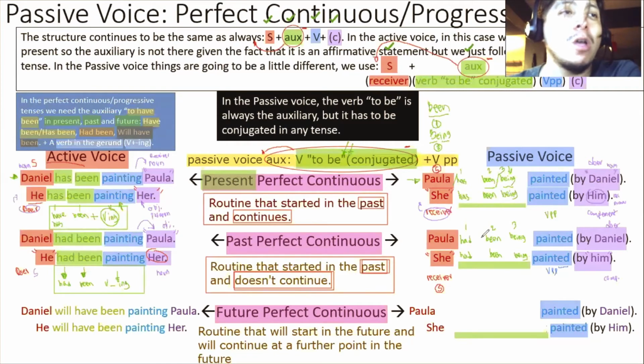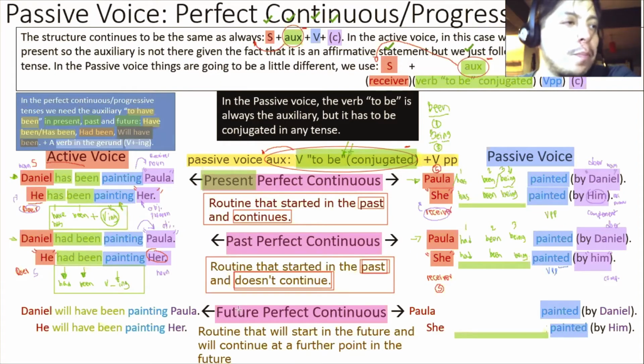Si decimos Paula had been being painted, es lo mismo que si dijéramos Daniel had been painting Paula. Entonces, Paula had been being painted by Daniel es lo mismo, solo que en la voz activa nos concentramos en quien hace la acción y en la voz pasiva nos concentramos en quien recibe la acción. Ese es el sujeto. ¿Sí? Muy sencillo. Ahora, what about